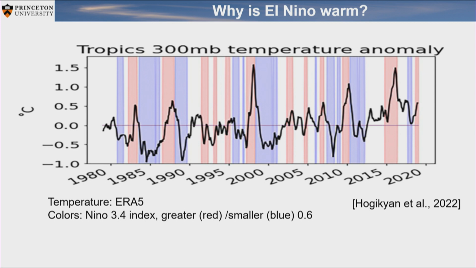But if you look at this 300 millibar temperature anomaly, you see this El Niño signal, so the red or the pink phases are El Niño. You see that in the 97, 98 El Niño, it got about 1.5 kelvins warmer there. And that is a bit hard to explain if the cold regions, which are now less cold, are not necessarily warmer than the average or the warm waters you had before. So how do you generate such a strong signal? It's obviously the warmest waters must also warm.